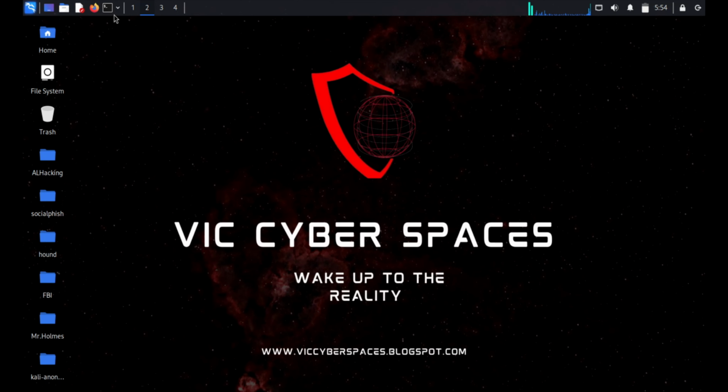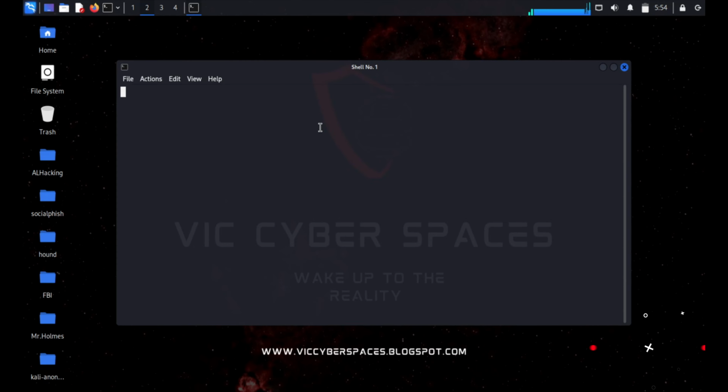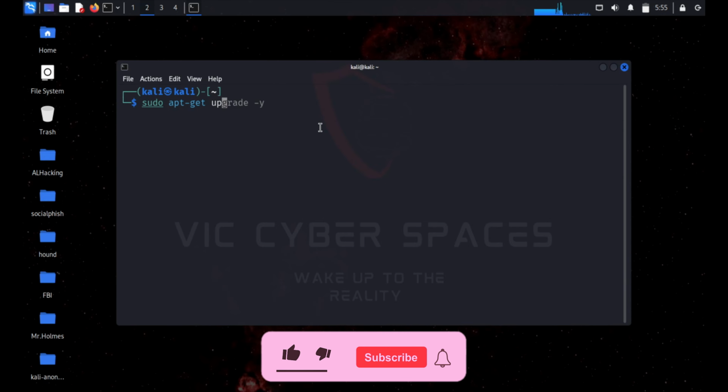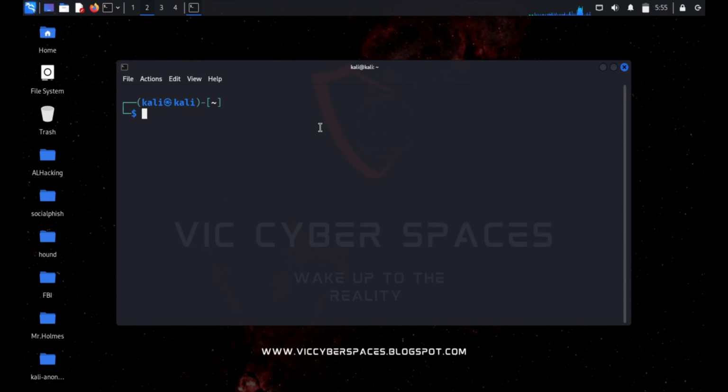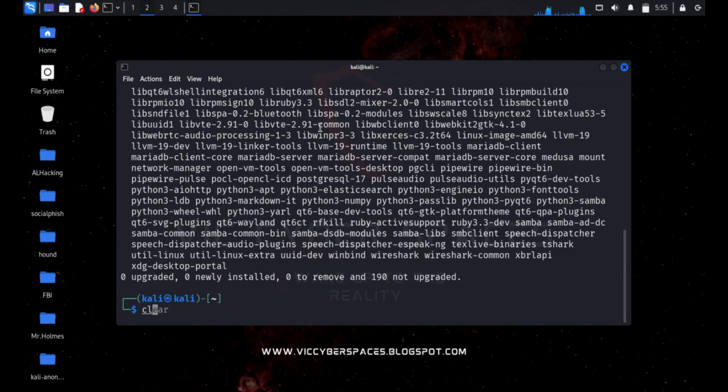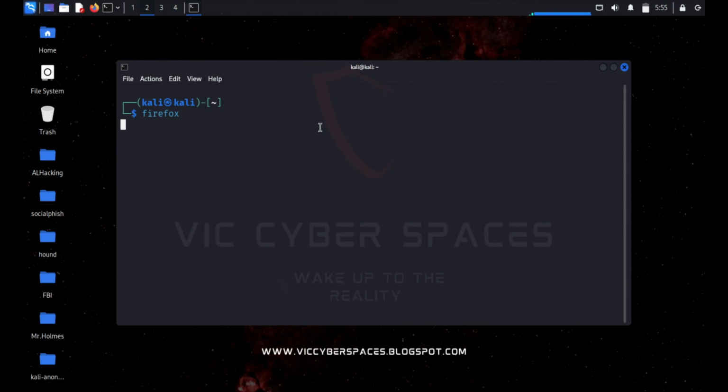First of all, open the terminal and hit the command to update your system on the Kali Linux machine. After the update is complete, the update process will start now. Here is the command. Then, once the command is complete, open Firefox